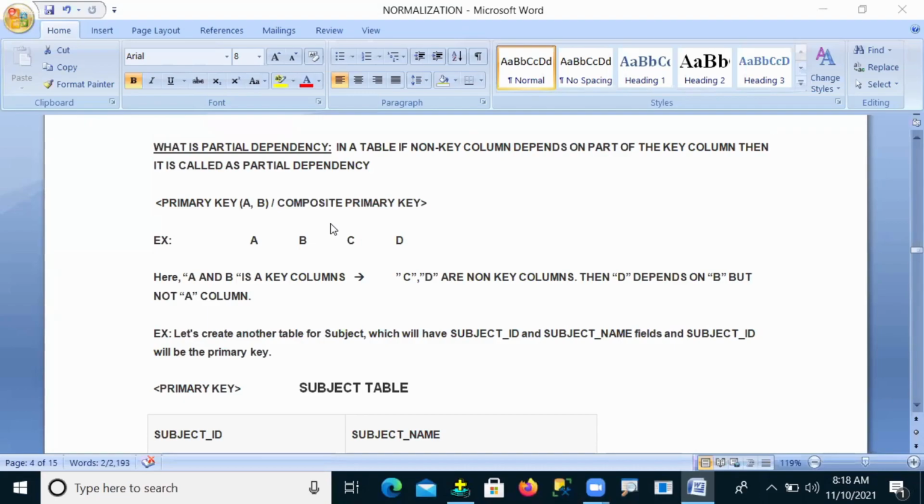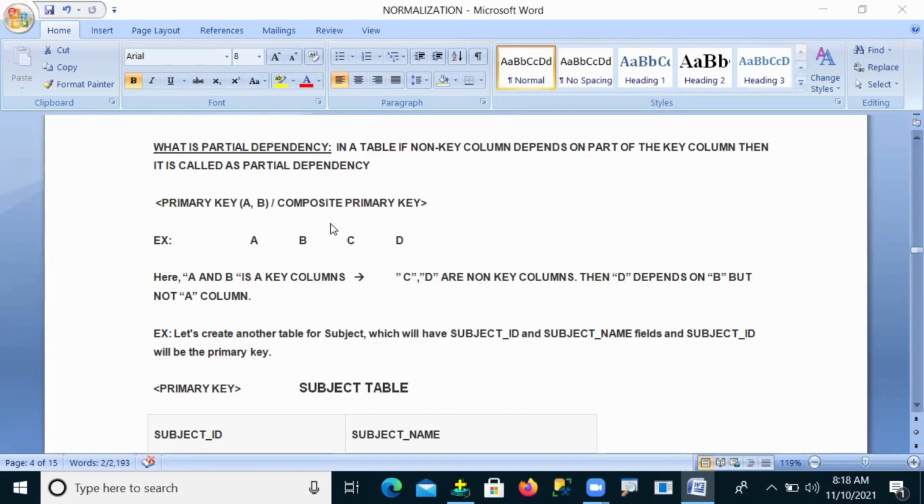Yes, we call it a partial dependency, because the father and mother are both there, but the children are depending on the father, but not the mother.